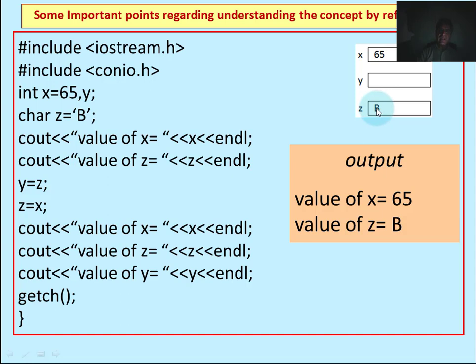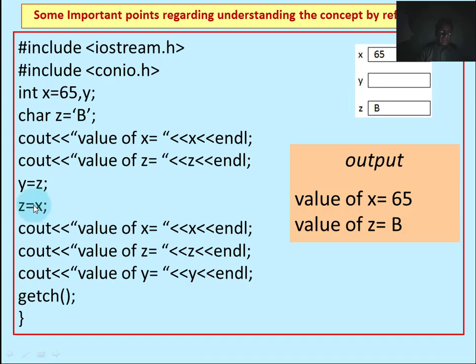Yes, the ASCII code of b is 66, which is an integer. The computer will not store b to y, but it will store the ASCII code, that is 66, in location y.